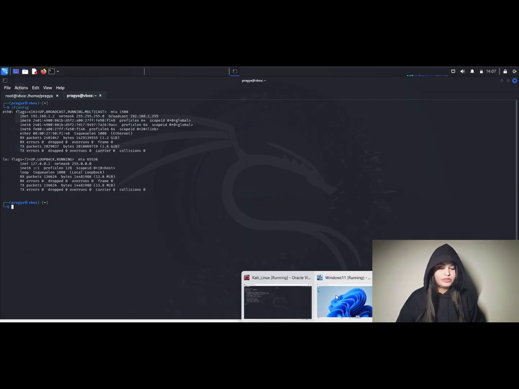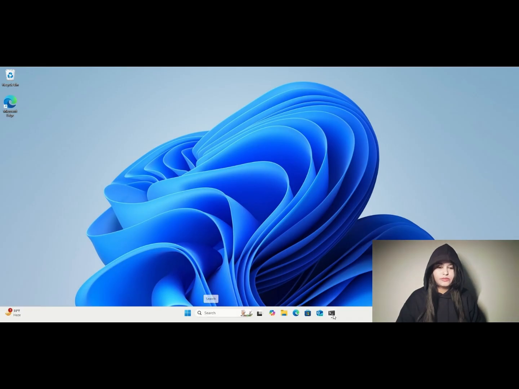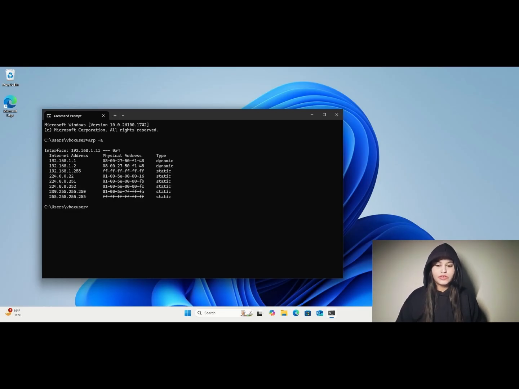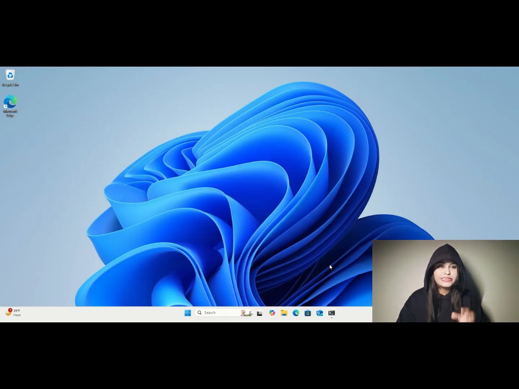Now if we go to Windows and open CMD, and over here I type arp -a, this is my target machine. Over here, you can see 192.168.1.2 is my Kali Linux, and you can check the MAC address as well. Whereas 192.168.1.1 is the IP address of my router, and check the MAC address. This is exactly the same as that of my Kali Linux. So this is the update that has been done. We have established ourselves in the middle of the victim and the router.